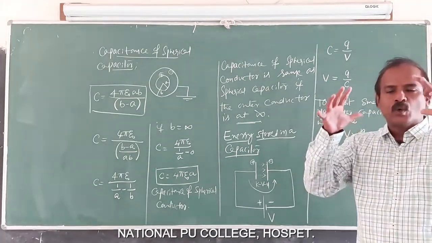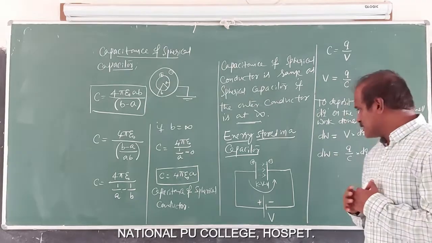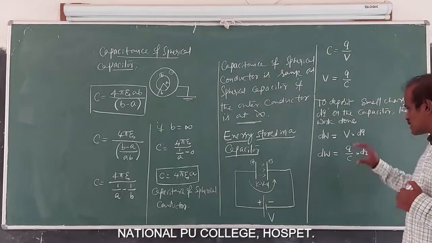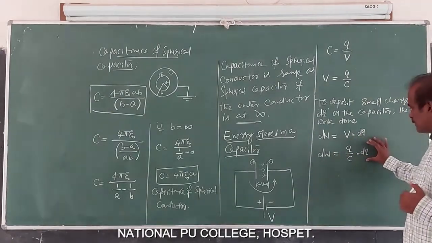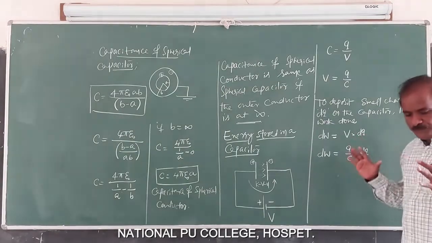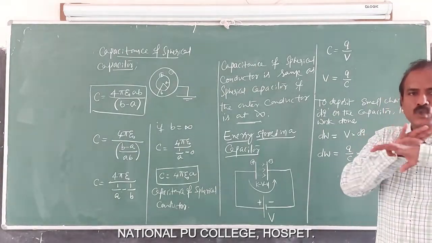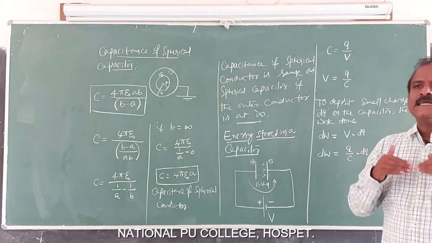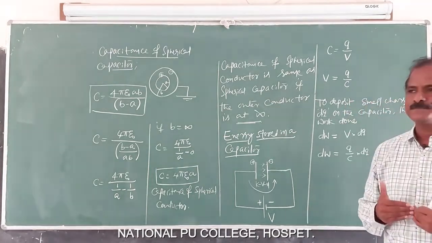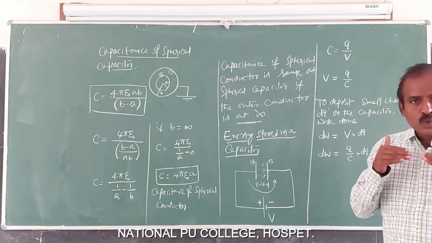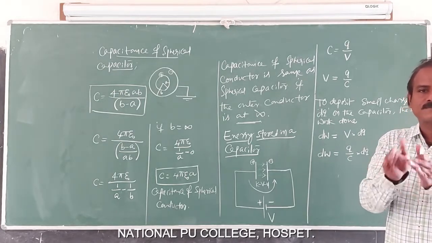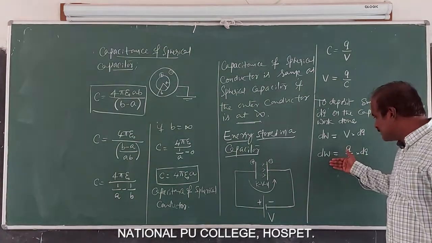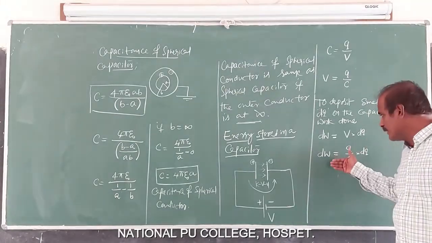Finally, the total charge is being deposited. So in order to do so, we need to calculate the work done for depositing small charge, so potential difference into charge. Now consider that initially the capacitor has no charge. From the level of no charge, it is taken to the maximum charge to be deposited. In order to do so, we need to add small charges over small intervals. In that case, we have to integrate this equation.